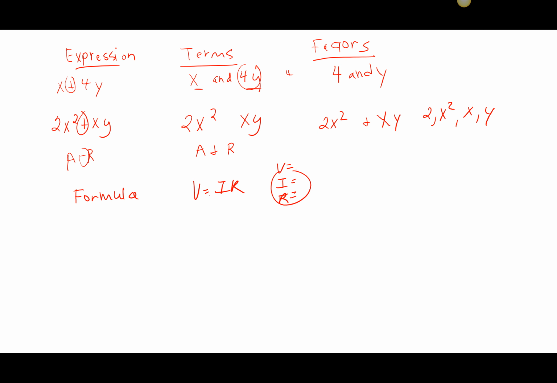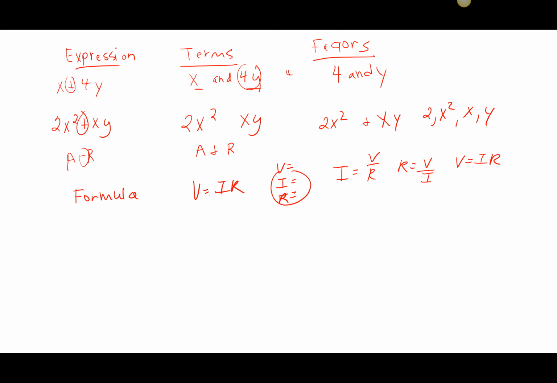So you would need two of these to be able to solve this equation, whether it's V and I, or I and R, or R and V, okay? And you can look at the other ways to write this. I would equal V over R, and R would equal V over I, and then, of course, V equals I times